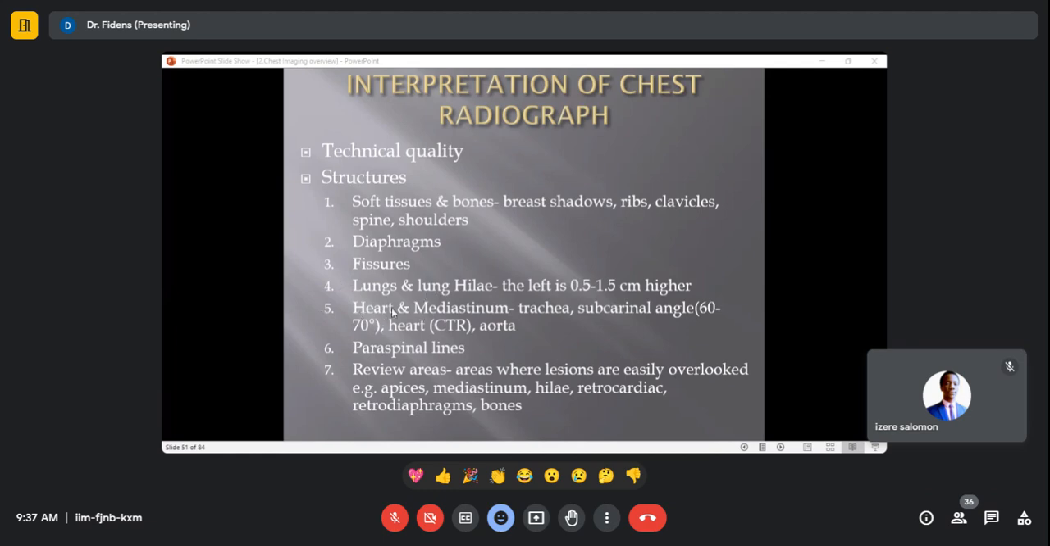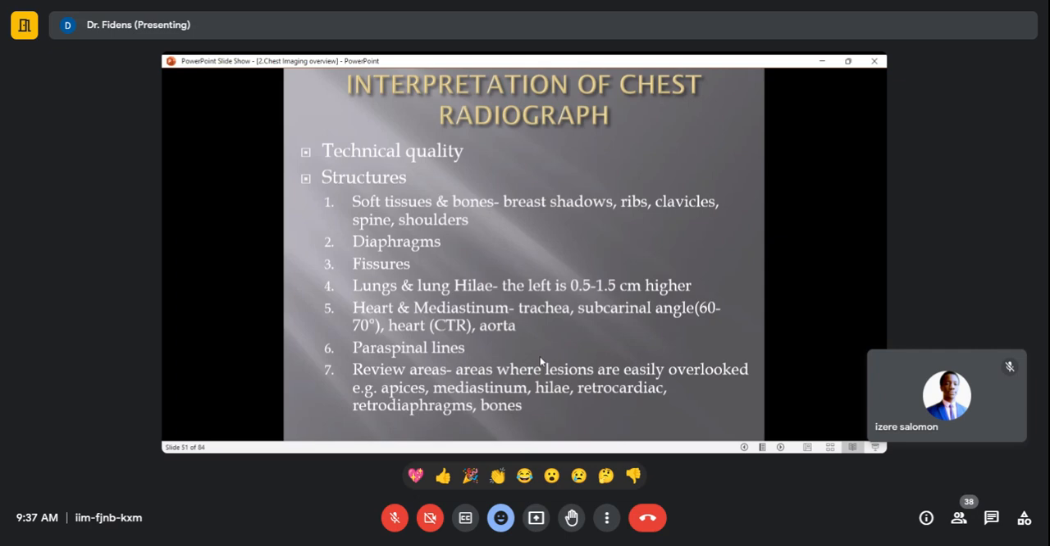You have to look at the lungs now, and the lungs and the hilum, and remember that the left hilum is higher by 0.5 to 1.5 centimeters than the right one. Okay, and you have to check the